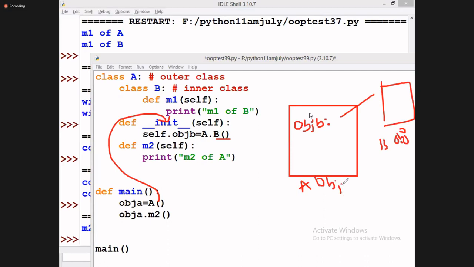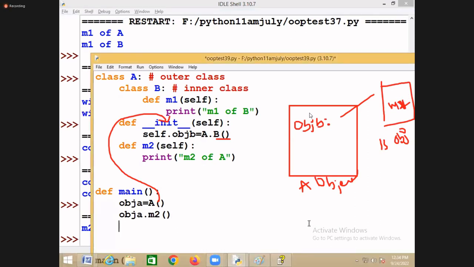It means the A object has a reference to the B object. If I want to call the M1 method of the B object, what should I write? objA dot objB dot